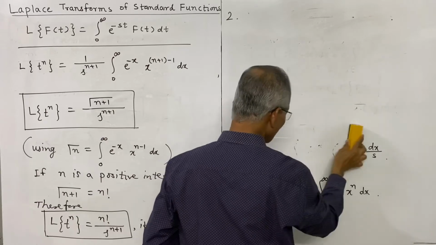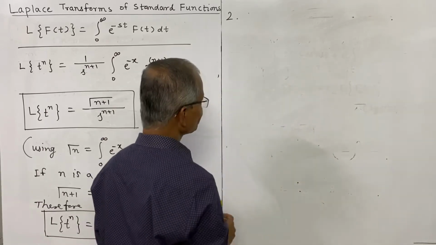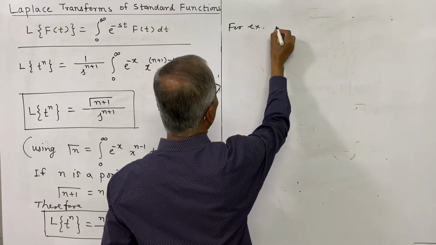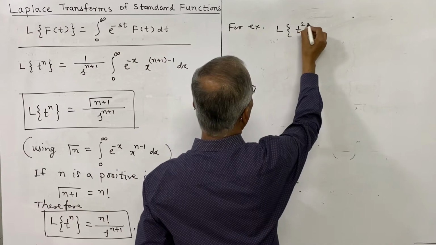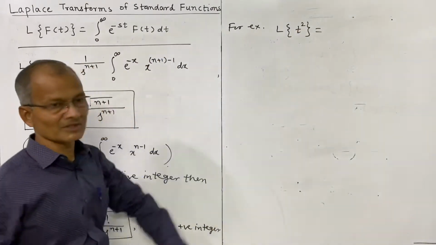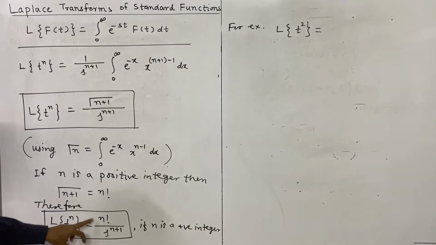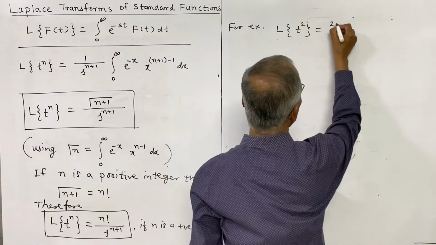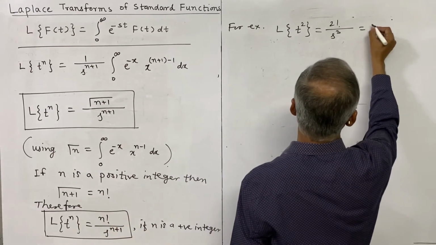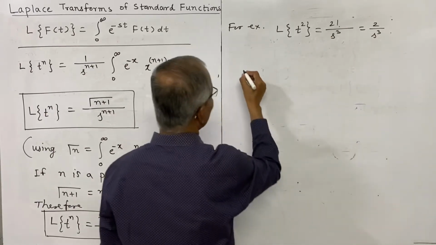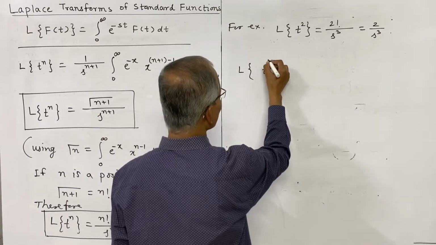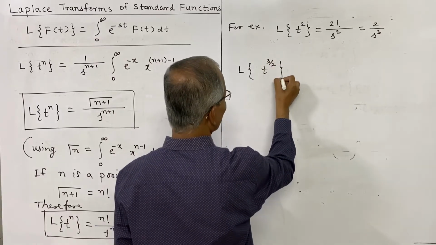So for example, if we have to find the Laplace transform of t to the power 2, t square, then see here n is 2, which is a positive integer, and therefore we can use this formula directly. That is, n factorial, meaning 2 factorial, divided by s cube. N plus 1, 2 plus 1 is 3, or that is 2 divided by s cube. And if we have something like L of t to the power, say, 3 by 2, then it will be